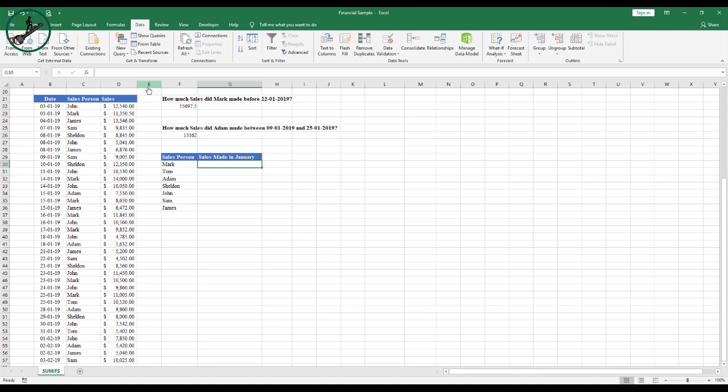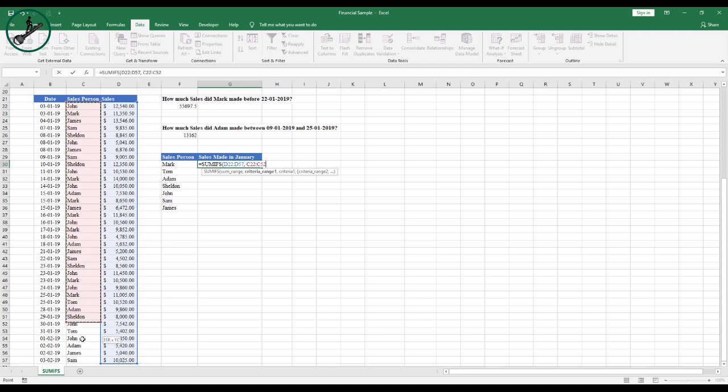Now in this task I want to know each salesperson's total sales made in January. I am writing equal sign SUMIFS, clicking tab. Sum range, criteria range. This is criteria range number 1, and criteria 1 is F30. Criteria range number 2 is this,